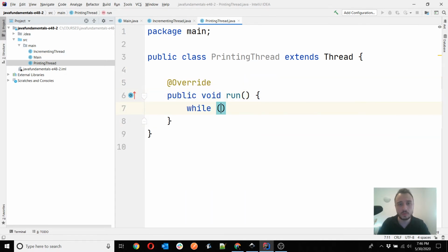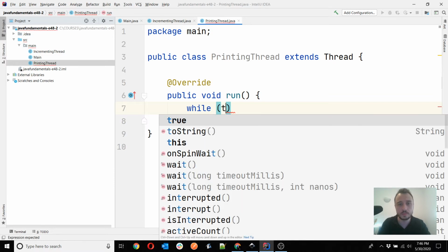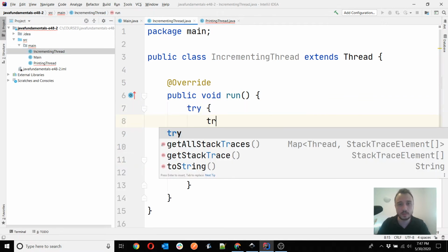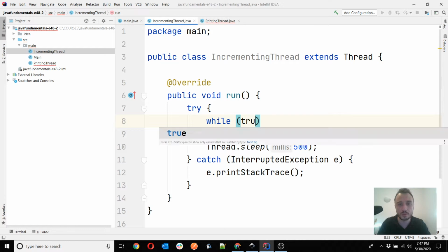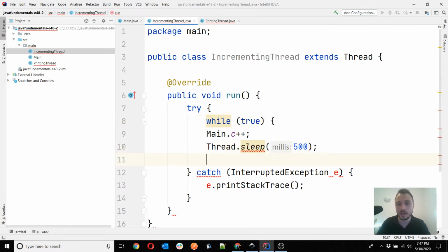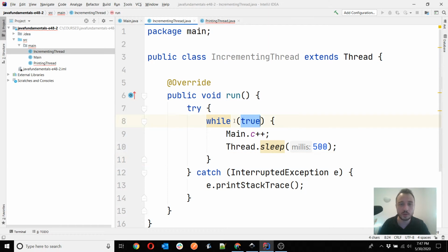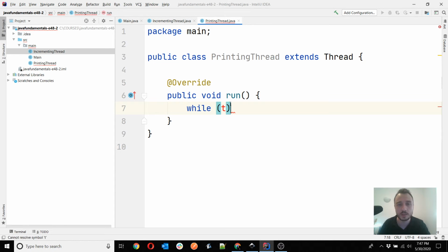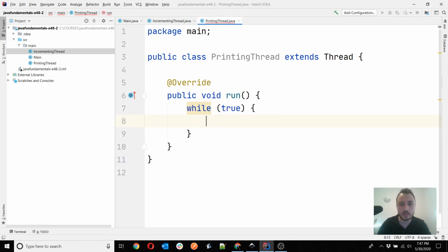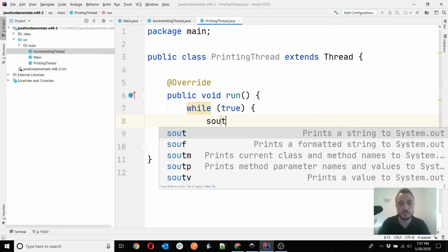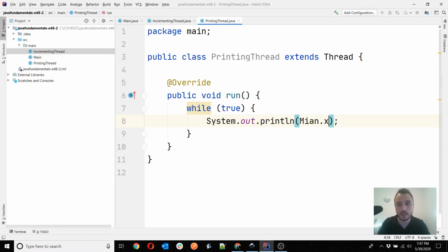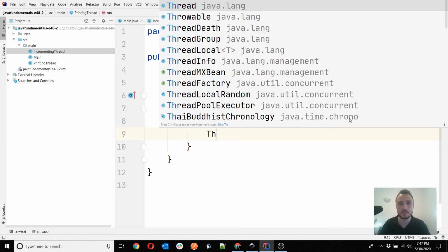and then once at a time is basically, I forgot here to add my while true. So my idea was that this should happen continuously, or if you don't want a while true, you can do it with a for loop a few times. So let's say the same thing. I print it out and I print main C. Okay, so in case of such a code, let's make it thread sleep again.